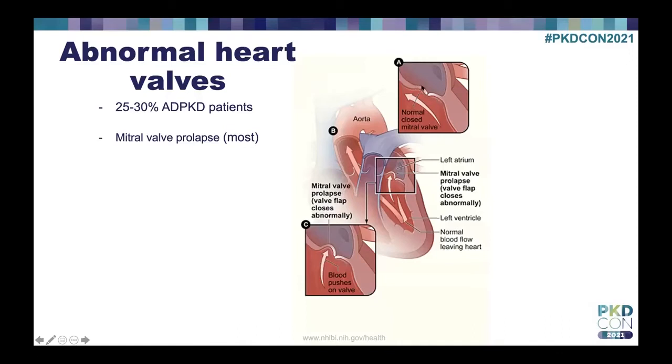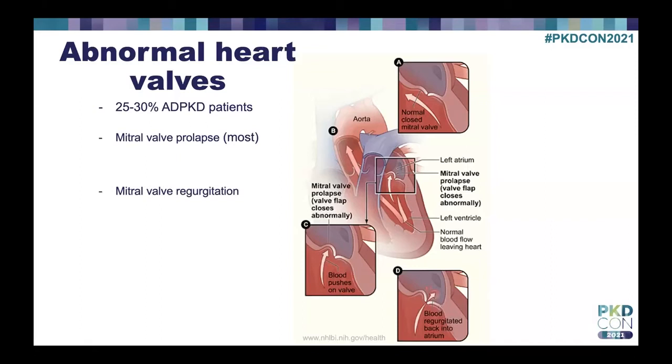There's no substantial movement of these leaflets as the blood is being ejected through the aortic valve when the pressure increases in the ventricle. Now, in mitral valve prolapse, as the pressure increases in the ventricle, it pushes the leaflet of the mitral valve into the left atrium. But there is no leakage of blood back to the left atrium. If it happens and blood is regurgitated back into the atrium, we call it mitral valve regurgitation. And a similar defect may occur in the aortic valve, and we call it aortic regurgitation.